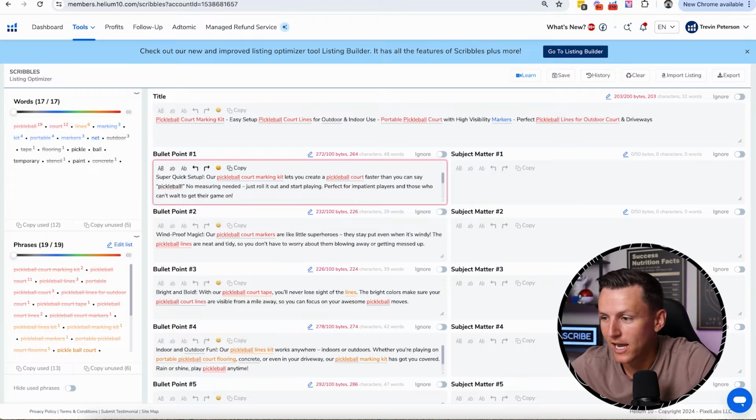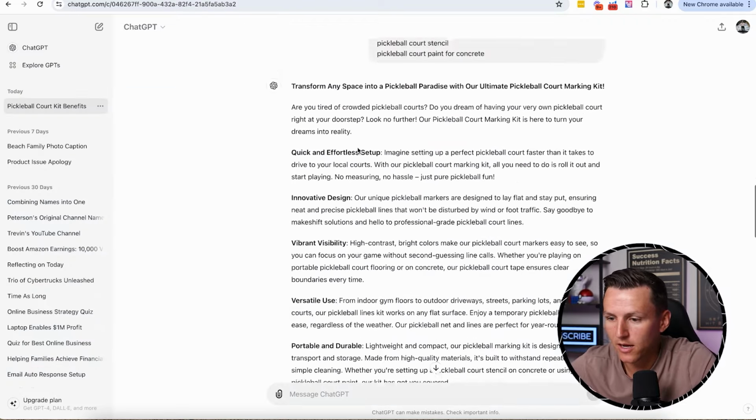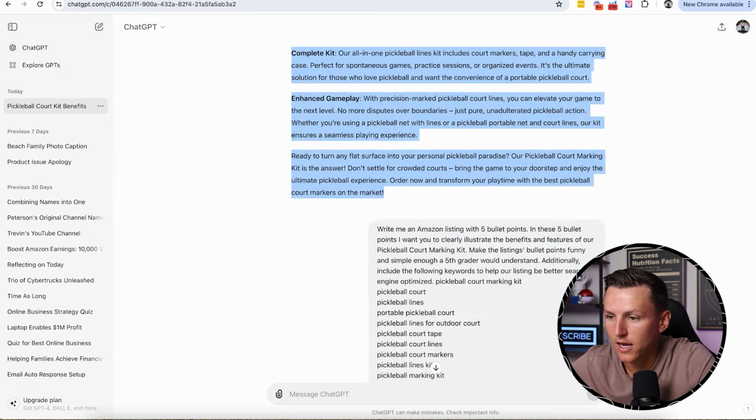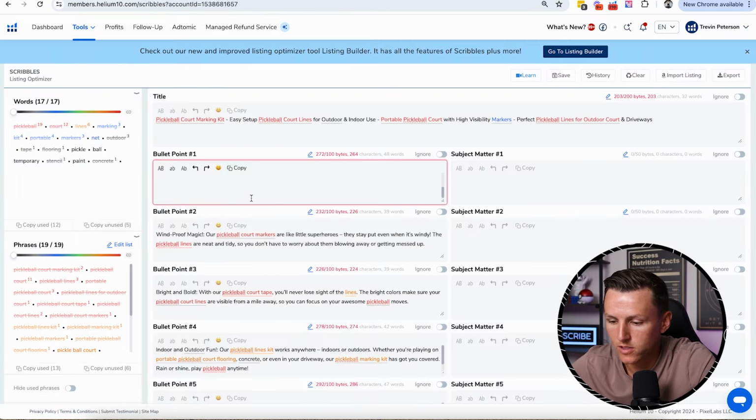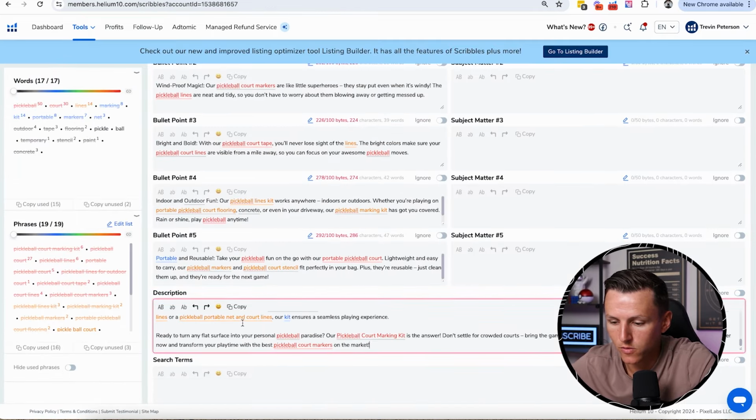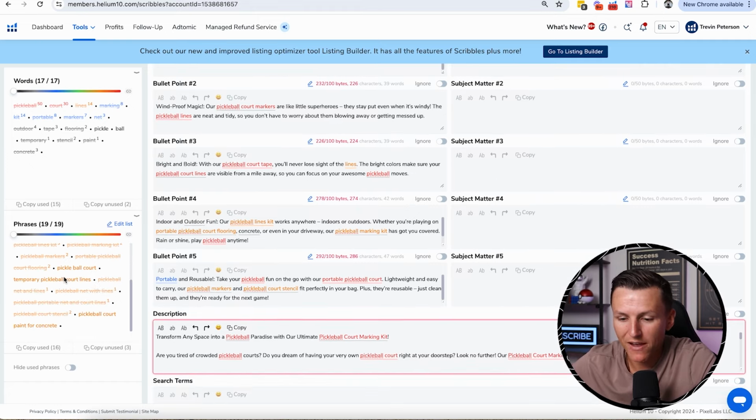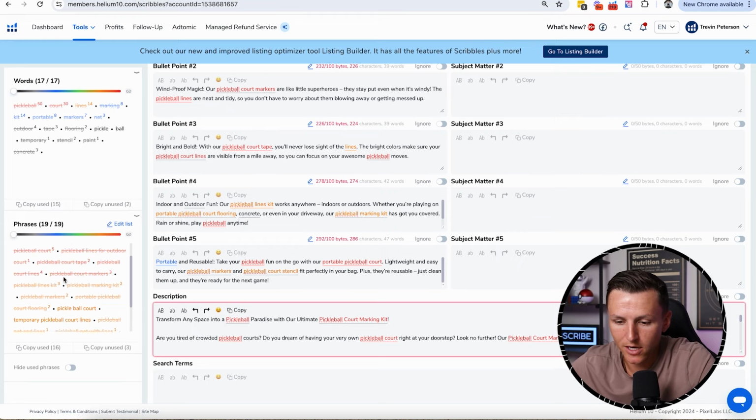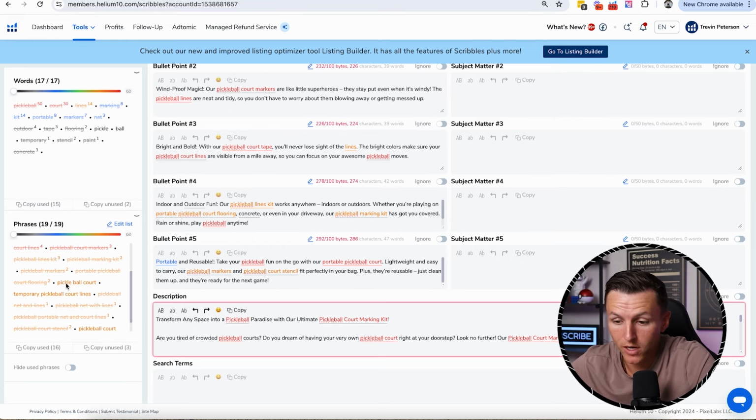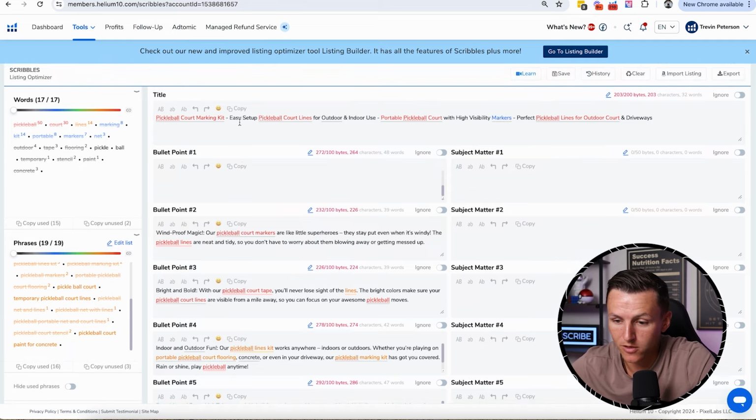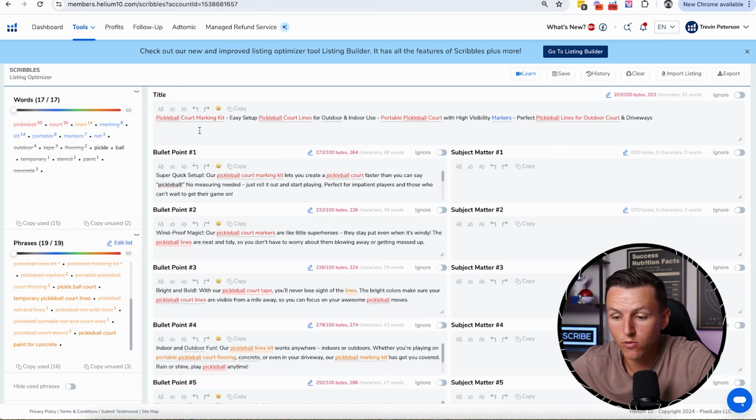and then we're going to come back and we're going to get the description that it made. And right here is the description. So we're going to come back to Scribbles, and we're going to put it into the description. And just like that, we have almost marked off every single keyword that was included. Now, there's a few that we're going to manually add because ChatGPT didn't do it. But as you can see, we are checking off basically everything, which is awesome. So we've got the bullet points, we've got the title, and we're going